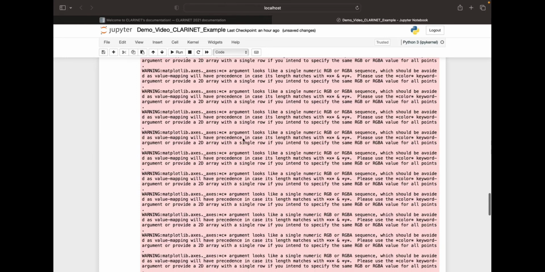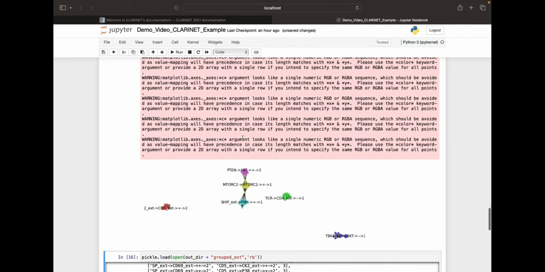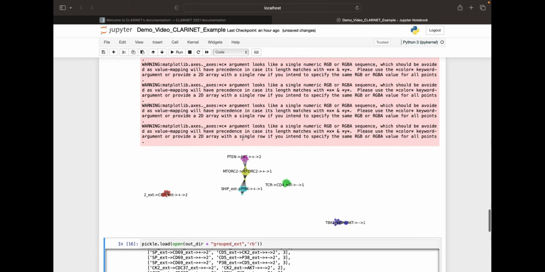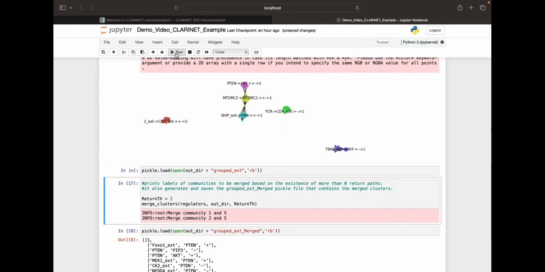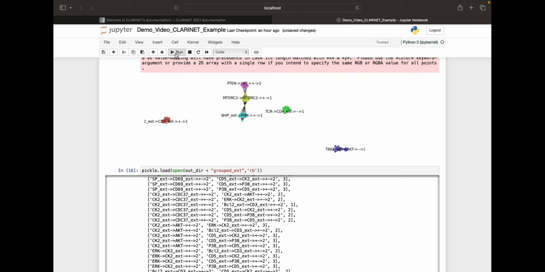We can even visualize those clusters to give you a rough view of how close they are from each other. Definitely, we want to save our work into some local directory and load it back. So we have a pickle function here as well.